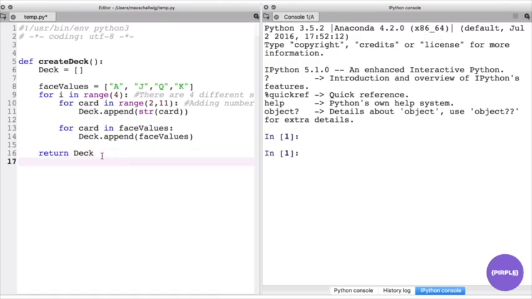So to see our deck, what we can do is we'll make a deck variable that we're going to save it in, and our deck is going to be equal to, and we're going to use the create deck function, and we're just going to open and close. And so what our deck is going to be equal to is whatever is returned from here. So in this case the deck is returned to us,